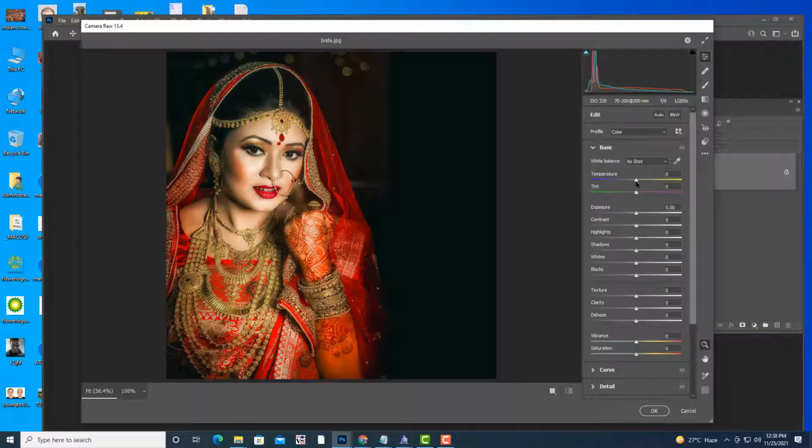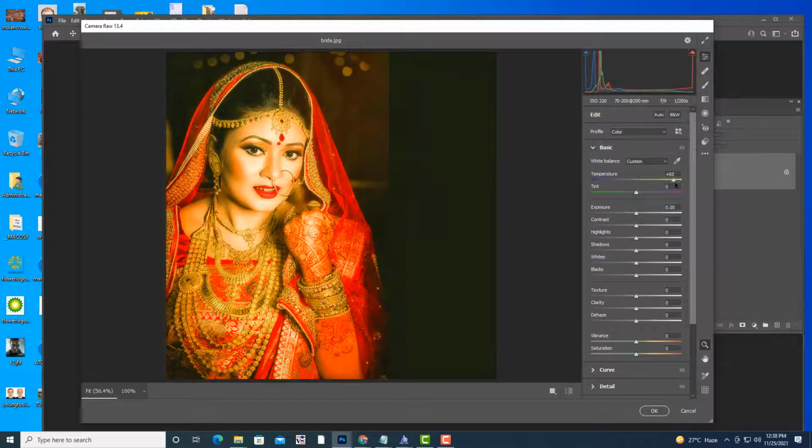Temperature. What is temperature? Temperature means the yellowness of the image. It will add some yellowish coloring to the image. When I am increasing the temperature, it is becoming more yellowish. And when I reduce the temperature, what will happen? The opposite of yellow color is affected.